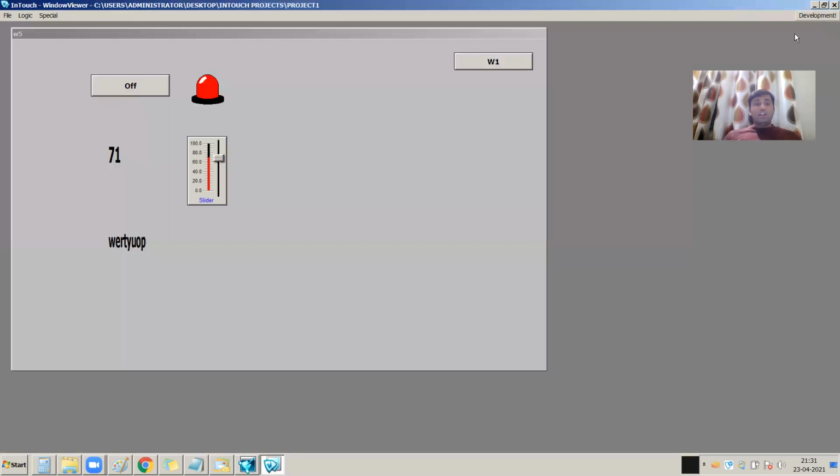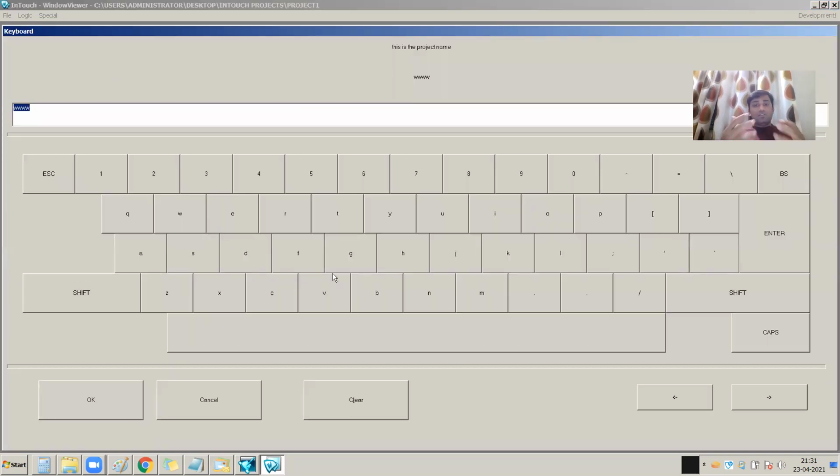I am going to the runtime mode. Right now I am using my mouse, so that can be changed. But right now I am not using my mouse, I am using my keyboard. Control Shift A, then this keypad will open.